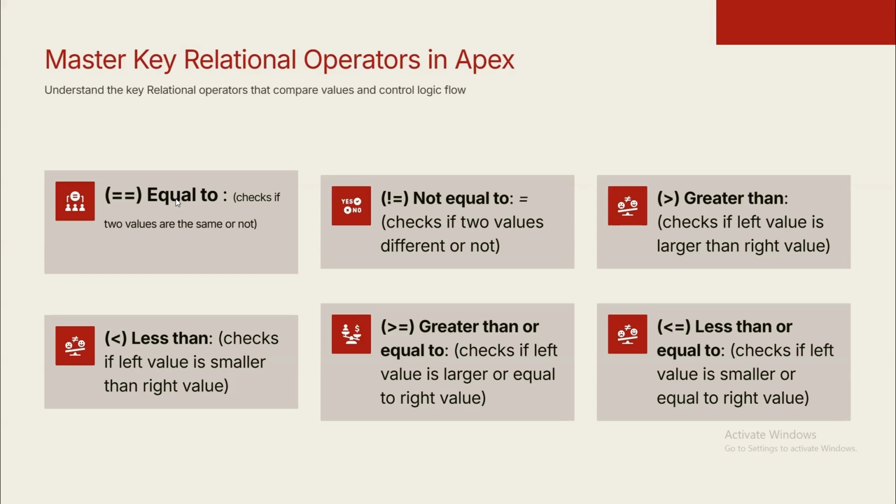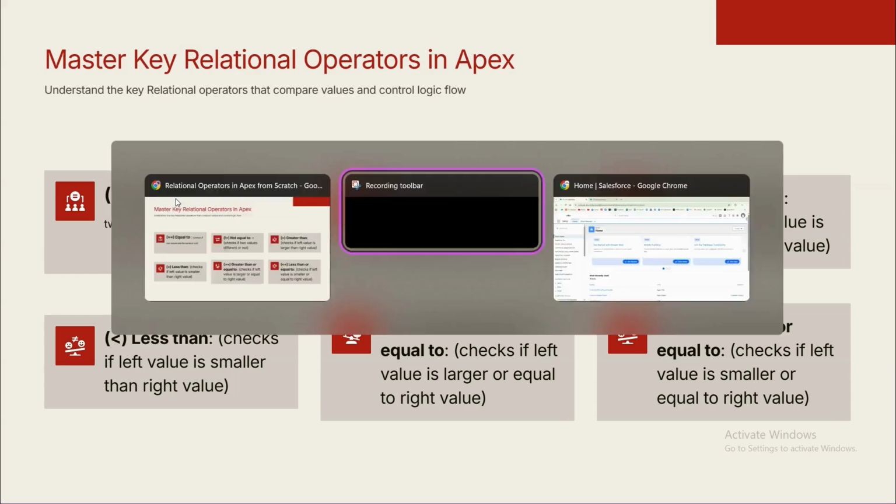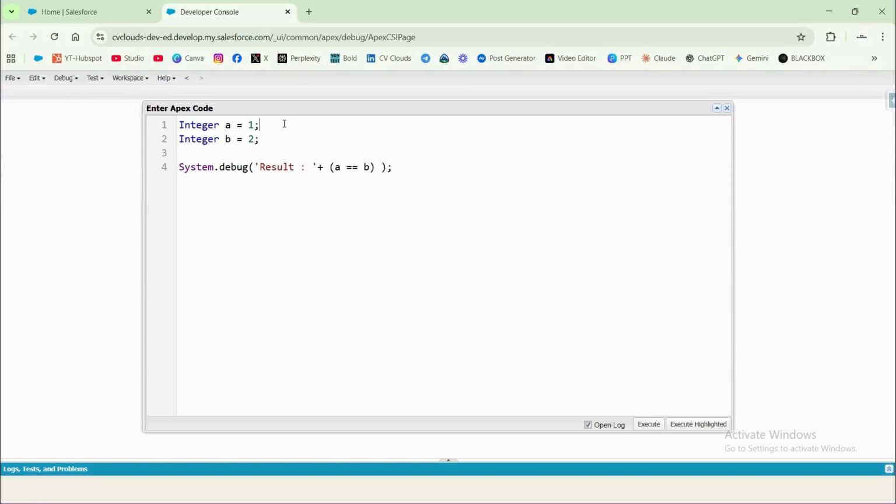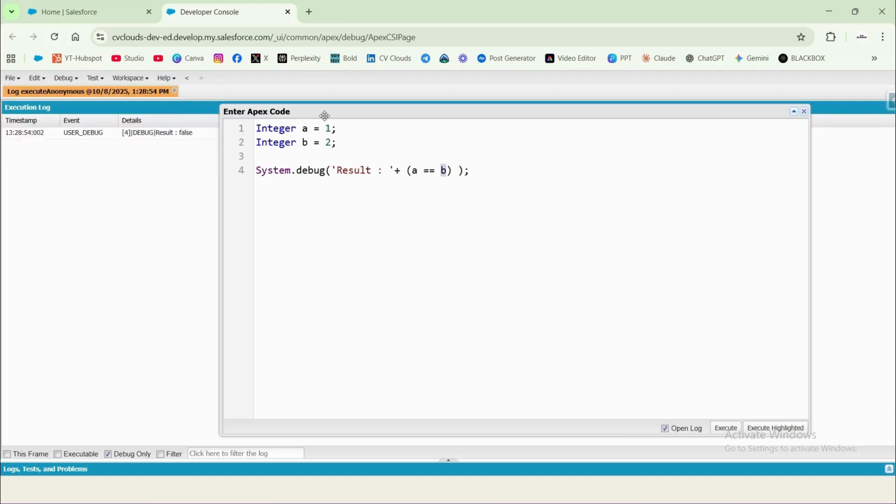I will also show you in the developer console. So let's log into Salesforce. As you can see here in the anonymous window, I have two variables, integer a equals 1 and integer b equals 2. I am using double equals, the equals to comparison operator, to check if a and b are equal or not, and it returns a boolean result, either true or false. So let's execute. The result is false, which means a is not equal to b. As we can see, a is 1 and b is 2 and both are different,